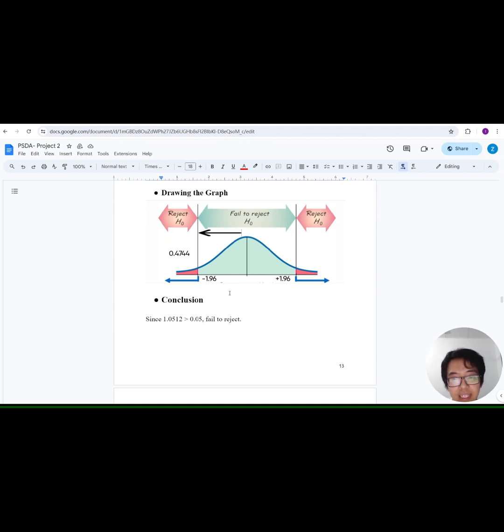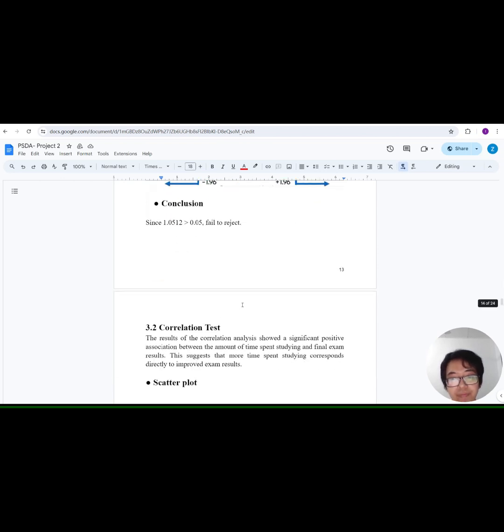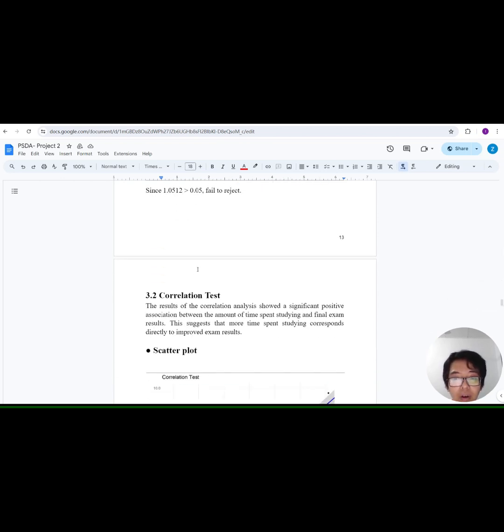So we can get the conclusion that 1.0512 is more than 0.05, so we fail to reject. And now I will